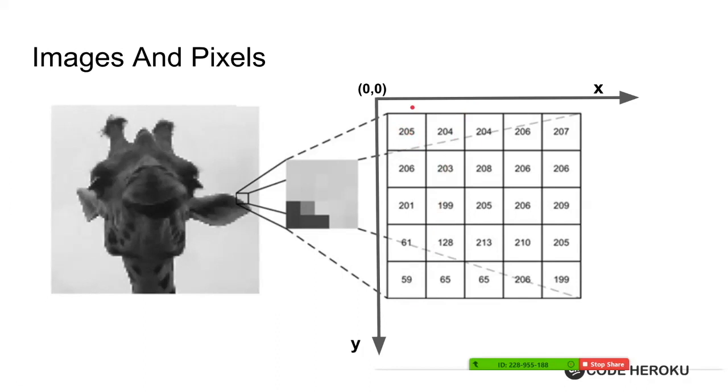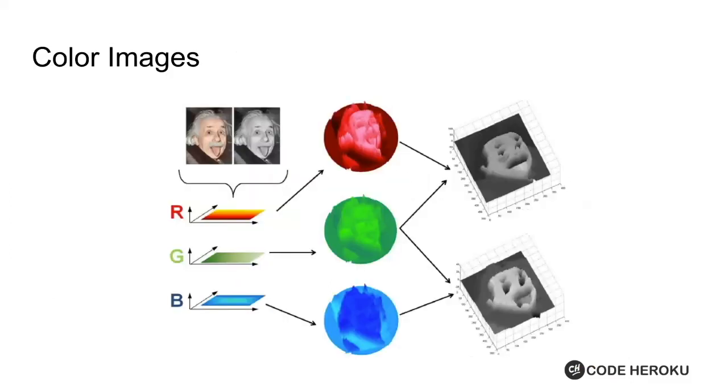When you treat images like matrices, it becomes easy for you to do those computations. A lot of times you are going to see that operations we do on images are similar to the matrix operations that you might have studied in your basic math class. And then you have color images.